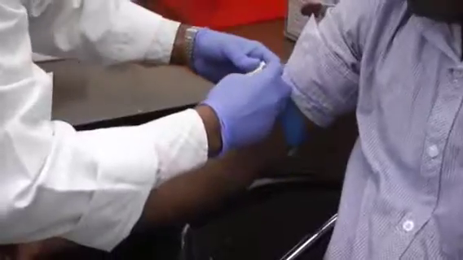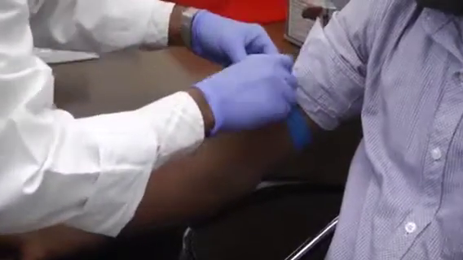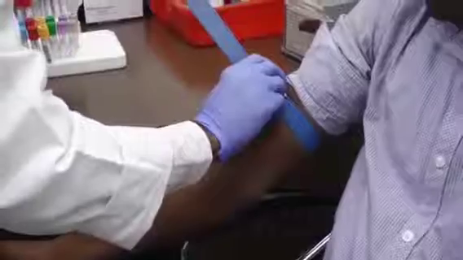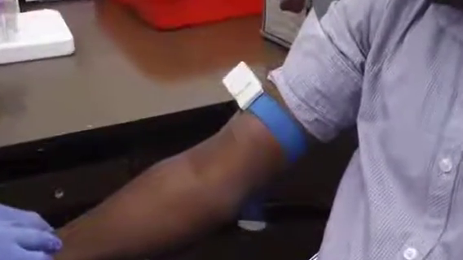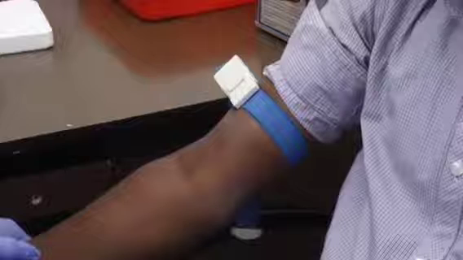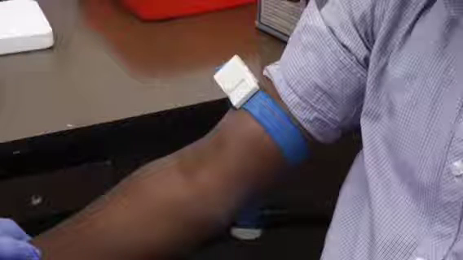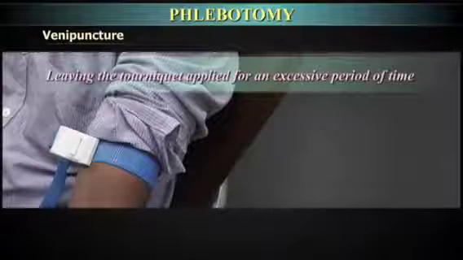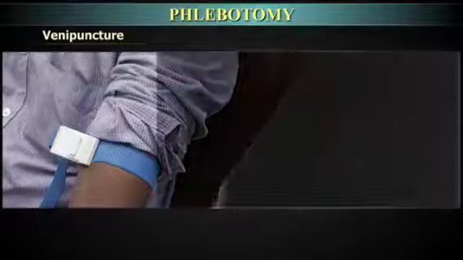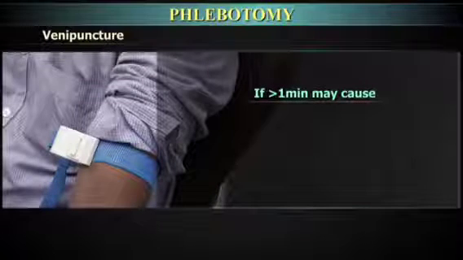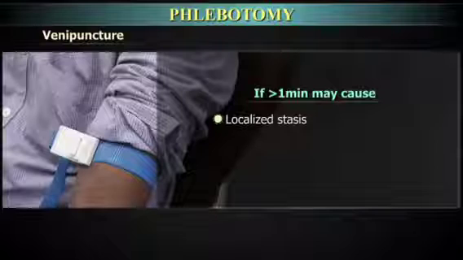Apply the tourniquet with 3-inch clearance above the planned puncture site. Ideally, the tourniquet should not be applied for longer than 1 minute at a time. Note: leaving the tourniquet applied for an excessive period of time, that is, more than 1 minute, may cause localized